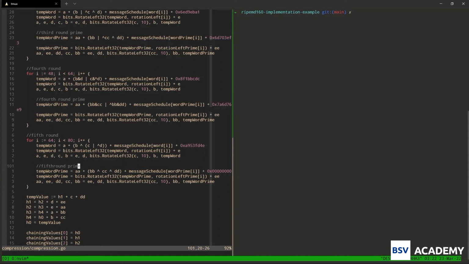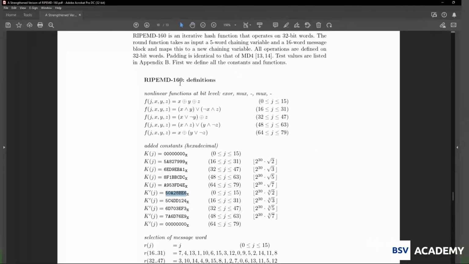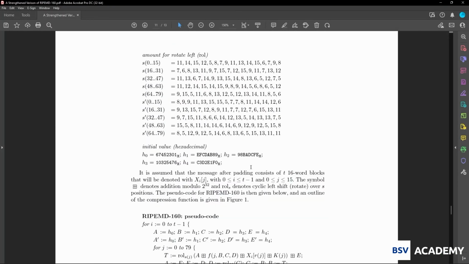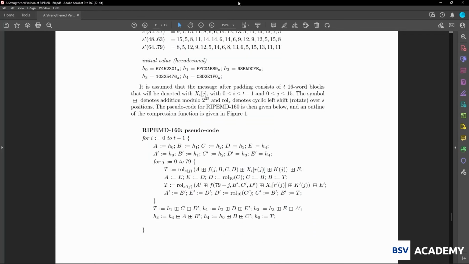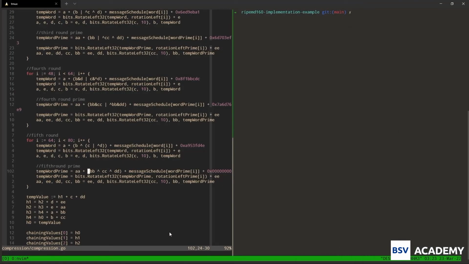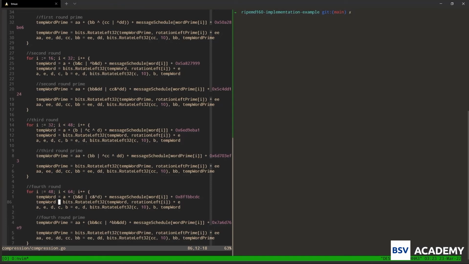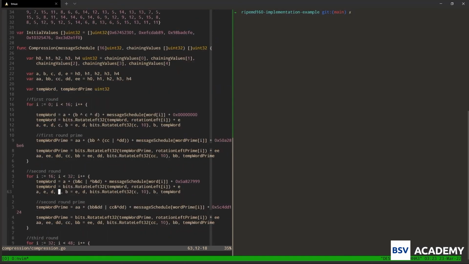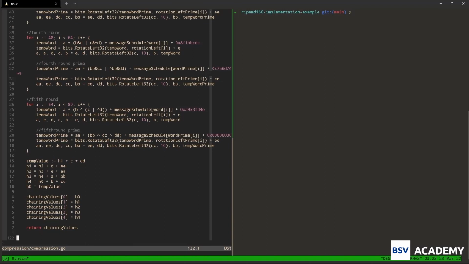And then just like in the specification, once all 80 of those rounds are complete, that is when we do this final step. The final step is right here, and the temp value comes from H1. If we jump back up, we can have a look at where H1 is coming from. That's this step right here. H1 is coming from these chaining values, our initial values. Let's just jump back down here. And so we have H1